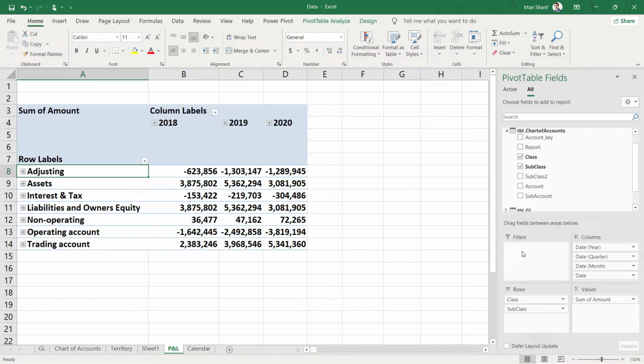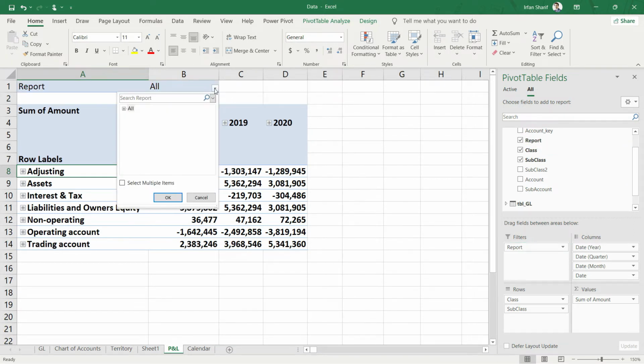And such kind of differentiation in my data was available at the report level. So in my chart of accounts, there was a report field where for each account we were telling our system if this account belongs to the balance sheet or profit and loss account, or if this one is an adjusting account. So I will bring this report option here into the filter, and now you can see we have a report option added here.